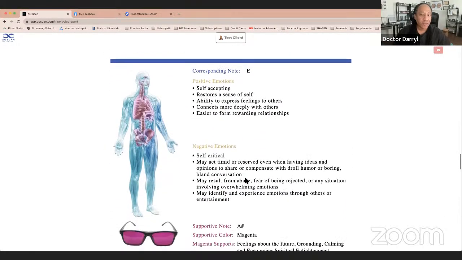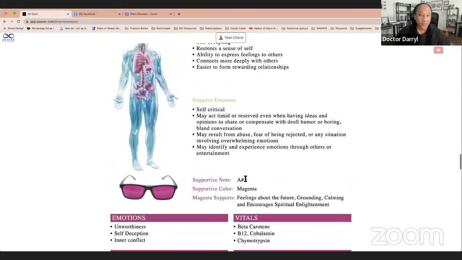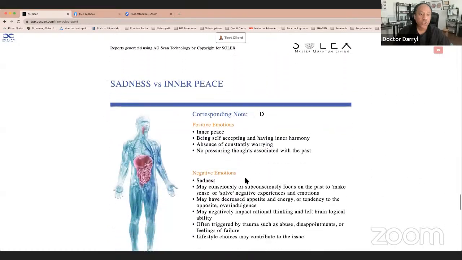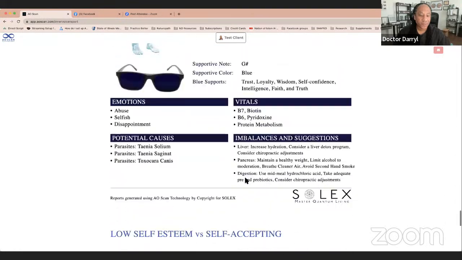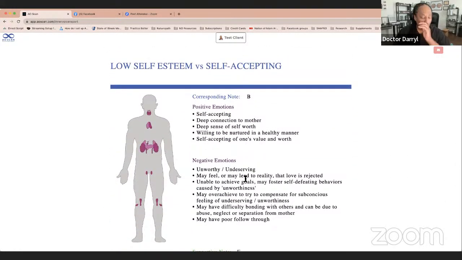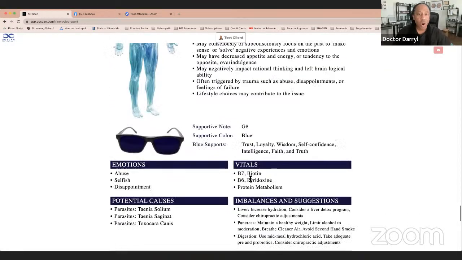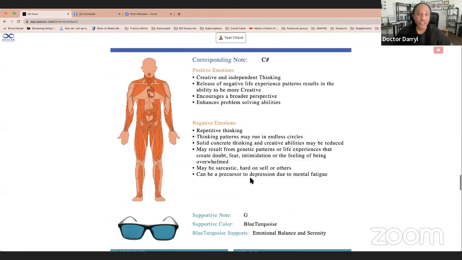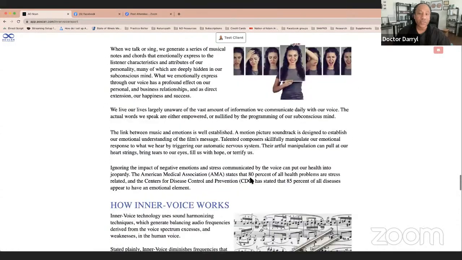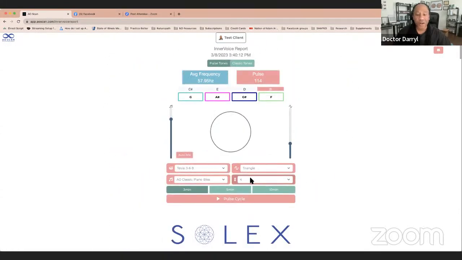This is the second most out of balance. This is the third most out of balance. And then this is the fourth. 4 specific charts that you get, but those 4 specific charts are represented at the very top of this page where you click the button in order to play the harmonics in your ear. So that's what I mean by it's foolproof. If you want to scroll down and look to see what's being balanced, feel free. But if you're just on the go, you can just press this little pulse cycle button.